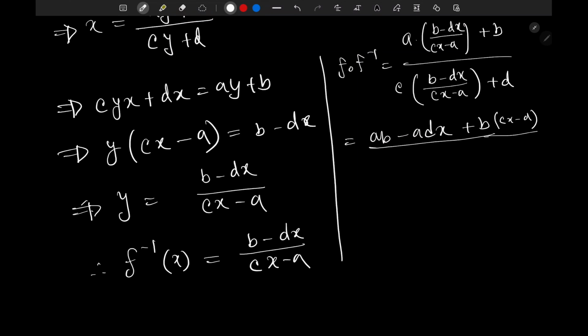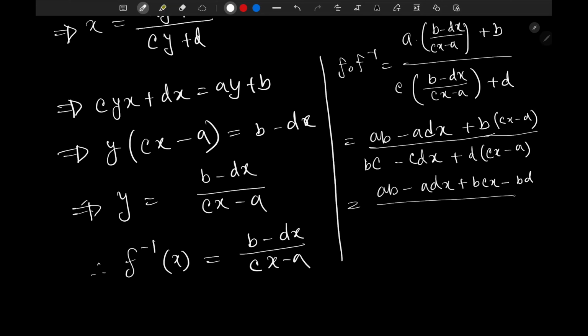Sorry if this place seems very narrow. And you have bc minus cdx plus d cx minus a. Now you have ab minus adx plus bcx minus bd. And now you have in the denominator, this is bc minus cdx plus dcx, bc, yeah, dcx, and